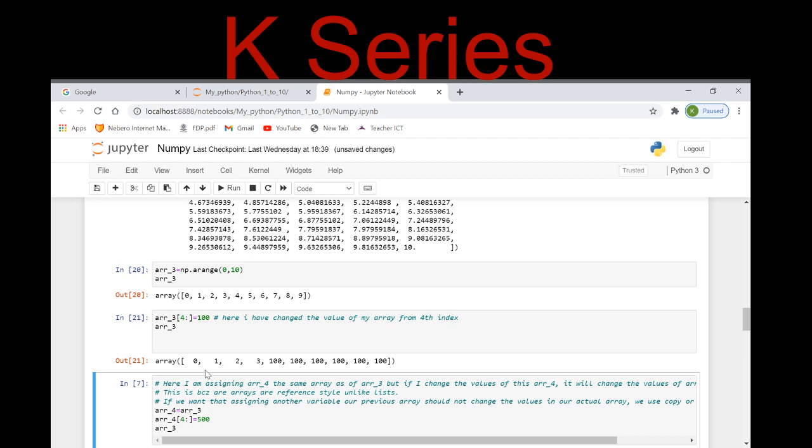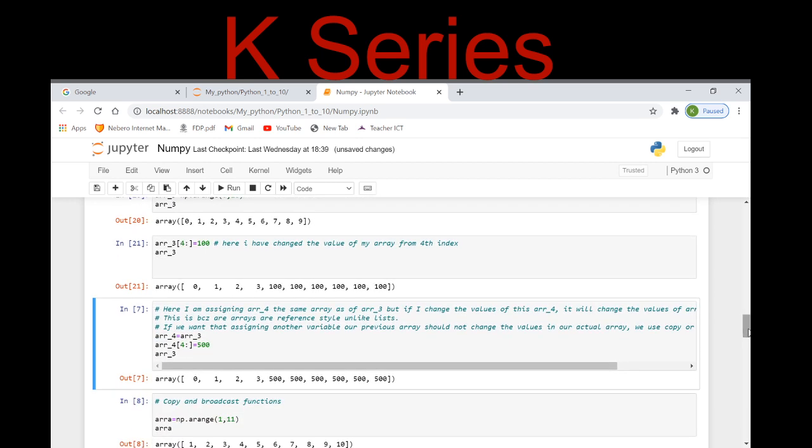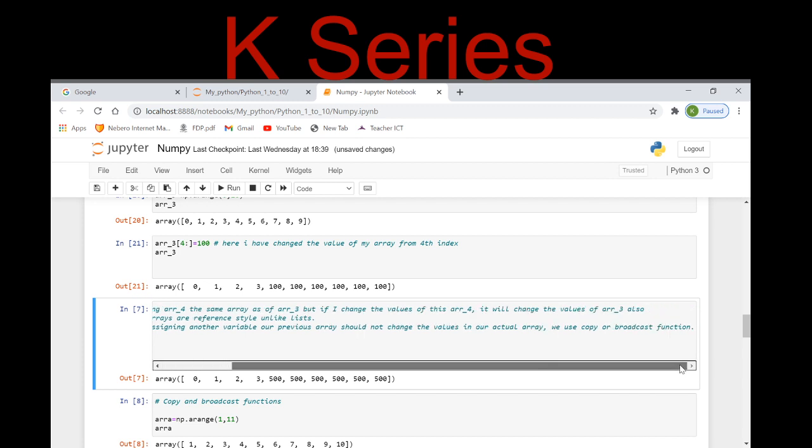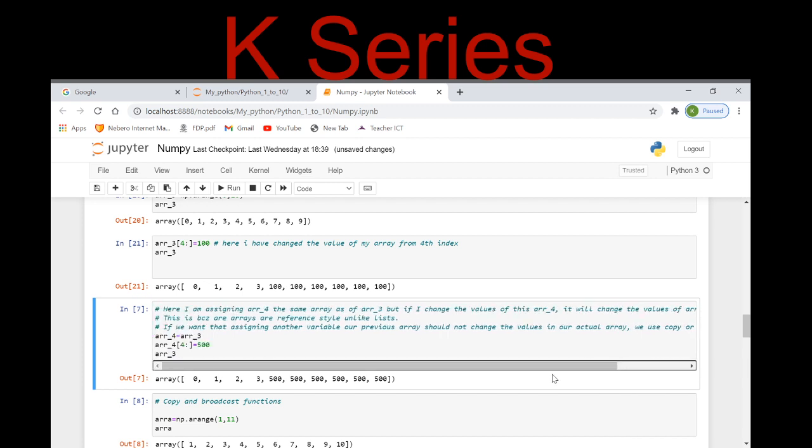See here, 0, 1, 2, 3 remain the same, and from the fourth index onwards it is giving me the value 100 here, right? Now here I am assigning array 4 the same array as array 3, but if I change the values of this array, it will change the values of array 3 also. See here,